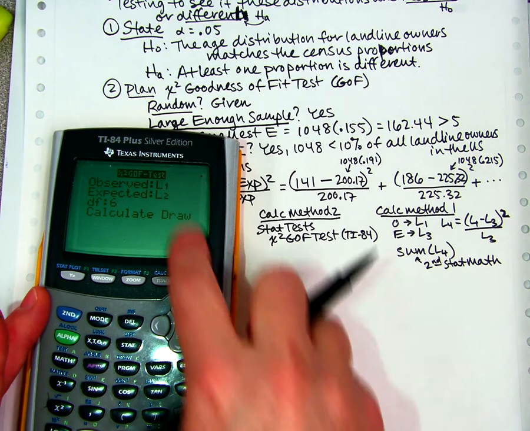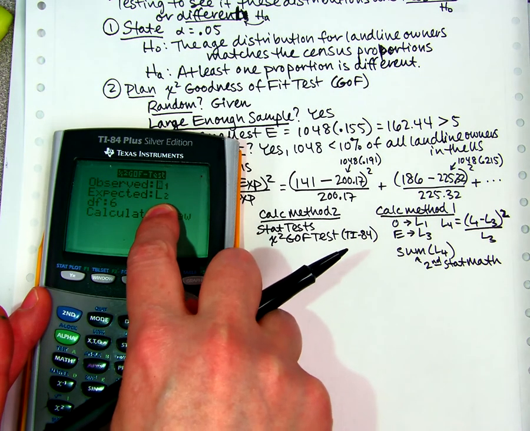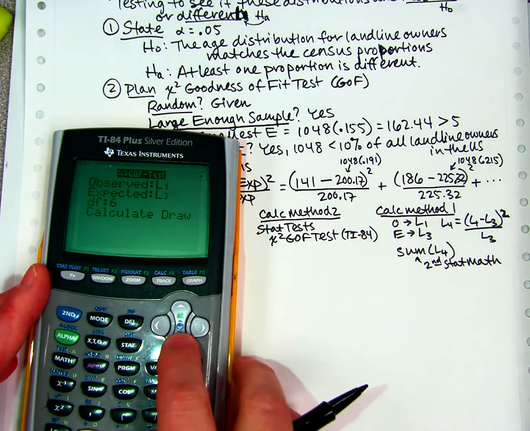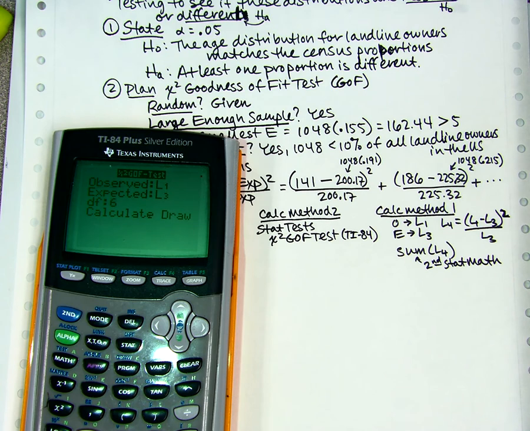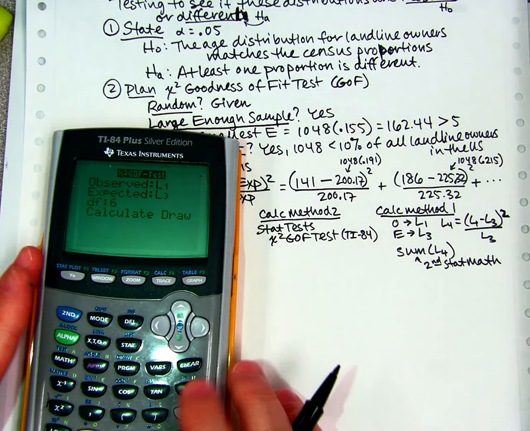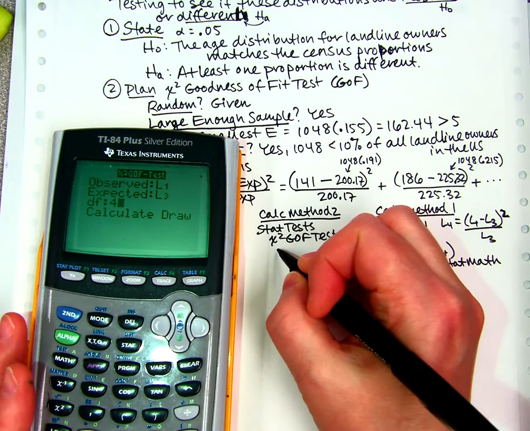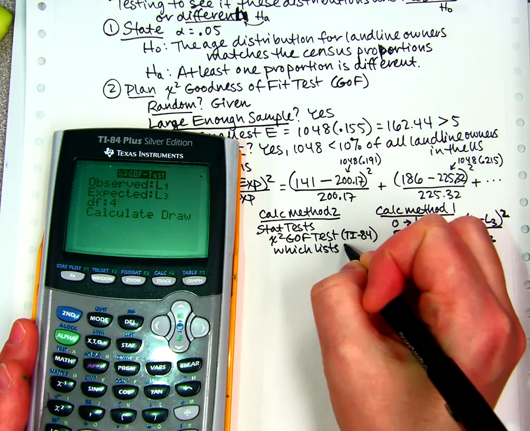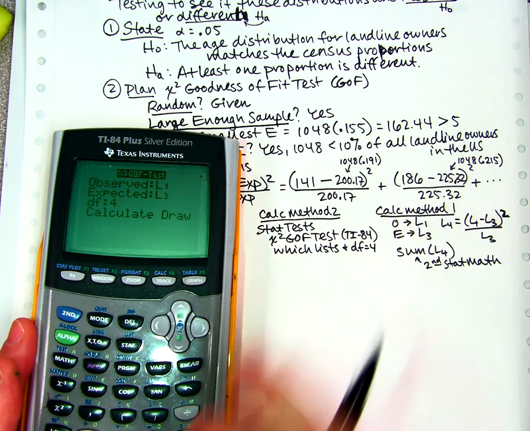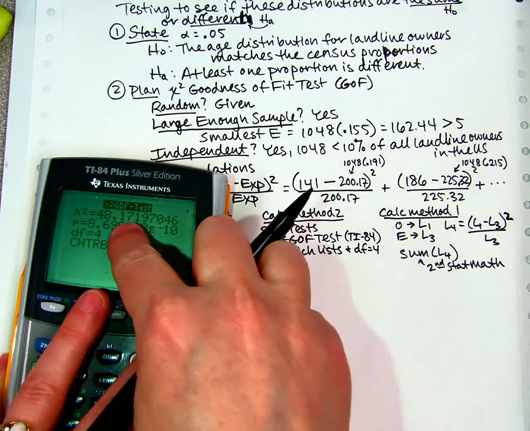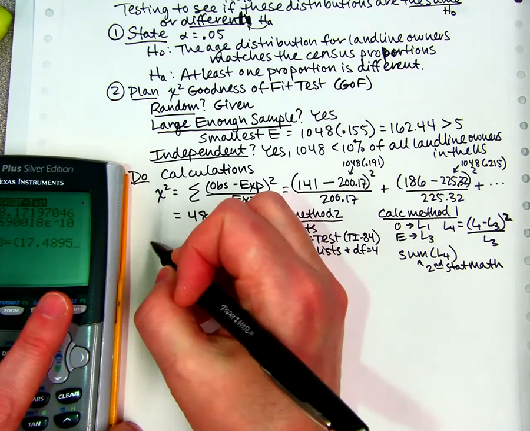I don't know. But then it asks you, where did you store your observed and expected? Right now, my observed is in list 1 and my expected is in list 3. And I have to also tell it DF. I don't know why it can't figure that out for itself, because DF should be available from the lists. But we have 5 categories, and so DF is 4. So you have to tell it which lists and DF. And DF is 4 in this case, and then we hit calculate, and it does the magic. Amazing. So it tells me the 48.17. It tells me my p-value,